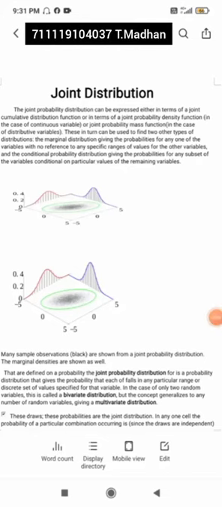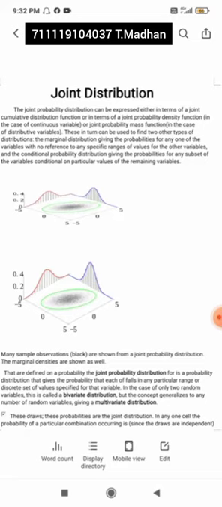distribution. The joint probability distribution can be expressed either in terms of joint cumulative distribution function or in terms of joint probability density function in the case of continuous variables, or joint probability mass function in the case of discrete variables. These in turn can be used to find two other types of distributions: the